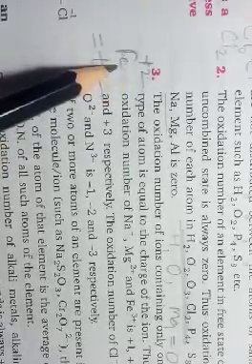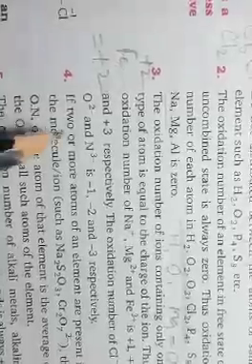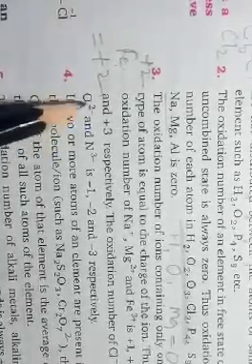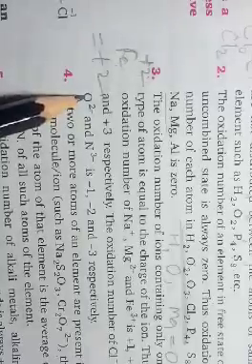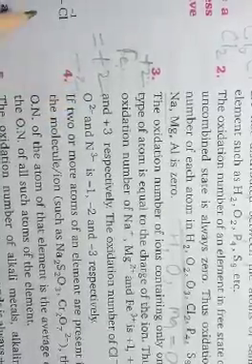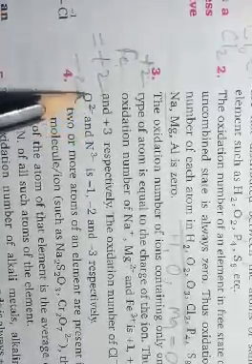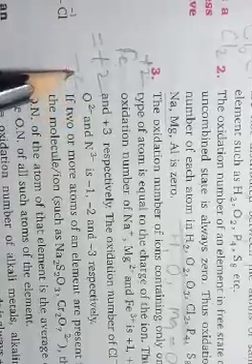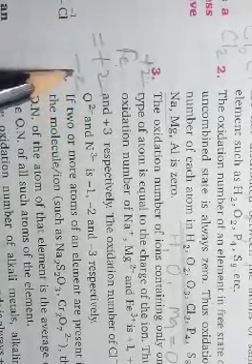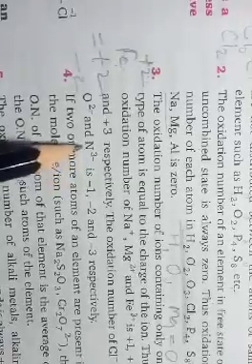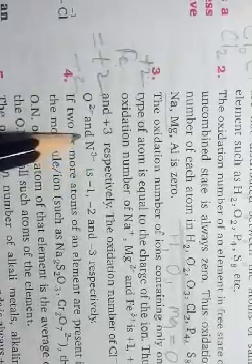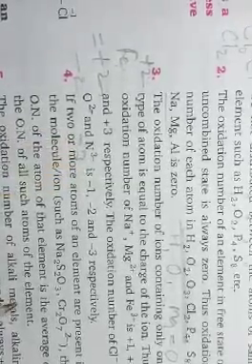Okay students, so for this ferrous ion, the oxidation state will be the number of charges carried by this ion. Same way O2 minus: O is carrying 2 minus charge, so the oxidation state or oxidation number will be minus 2. N is carrying 3 minus charges, so the oxidation state of N will be minus 3.